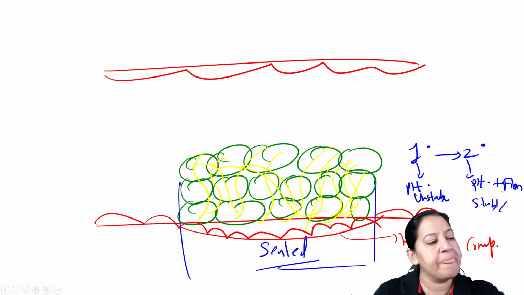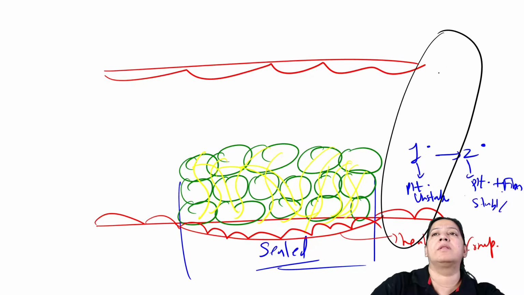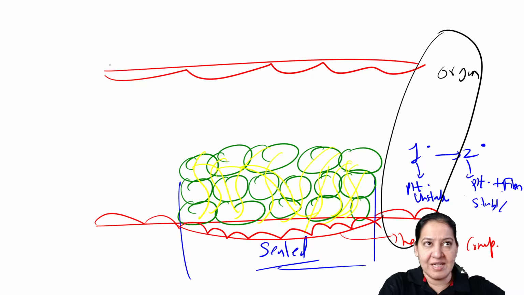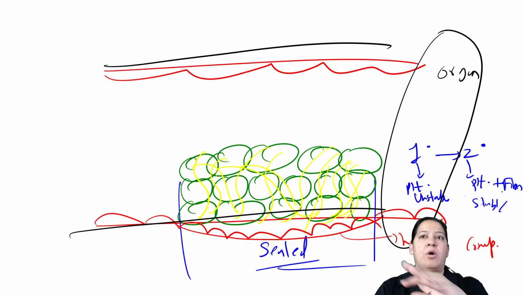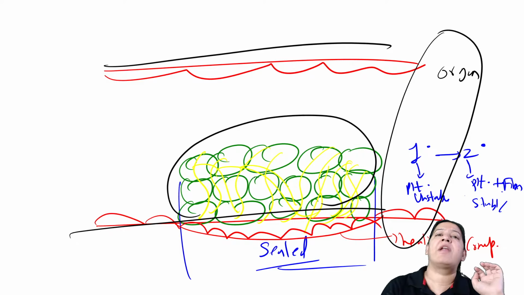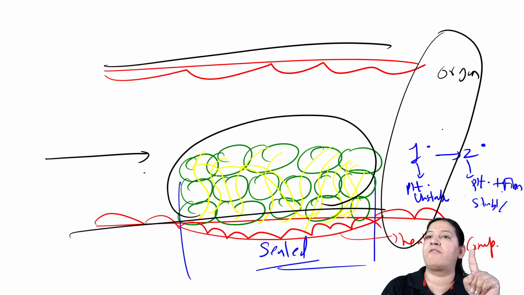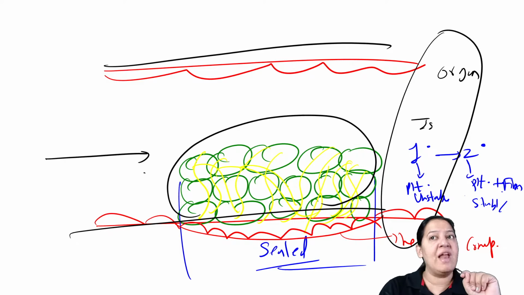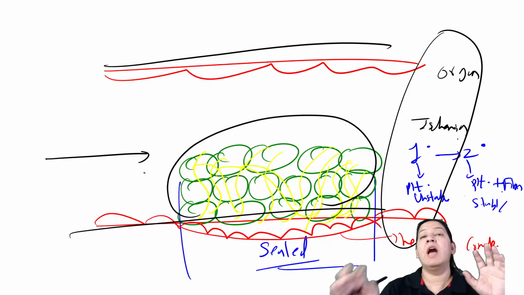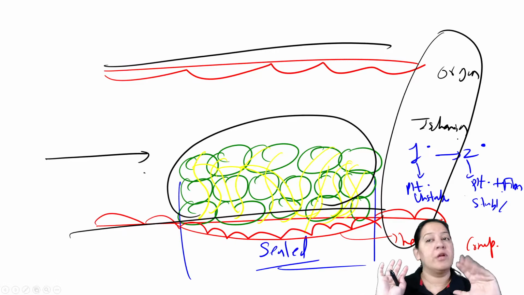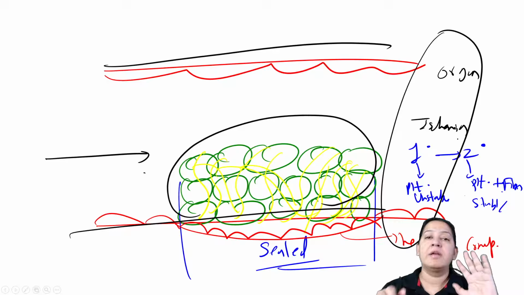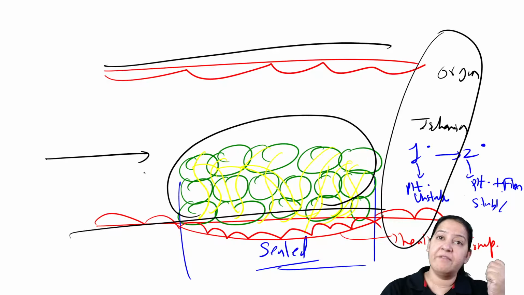Why do we have to dissolve? All blood vessels supply some organ. This is the organ to which this blood vessel is supplying. If we keep the clot here forever, it is causing obstruction in the blood flow of the organ. That's why this organ will have ischemia if the clot remains there forever. We want the clot till healing takes place. After healing, we want to dissolve it.